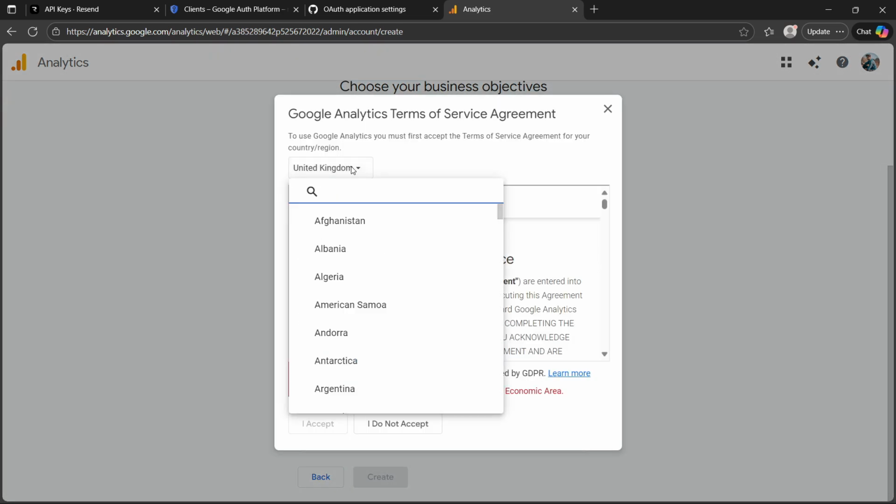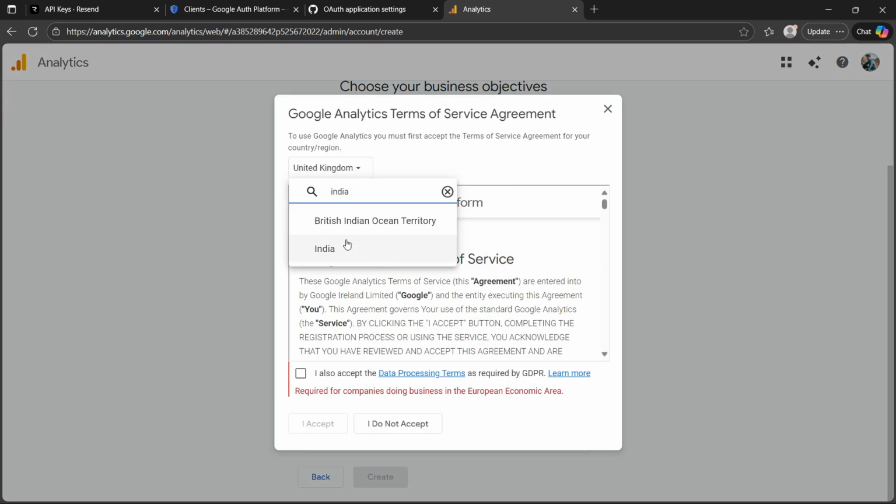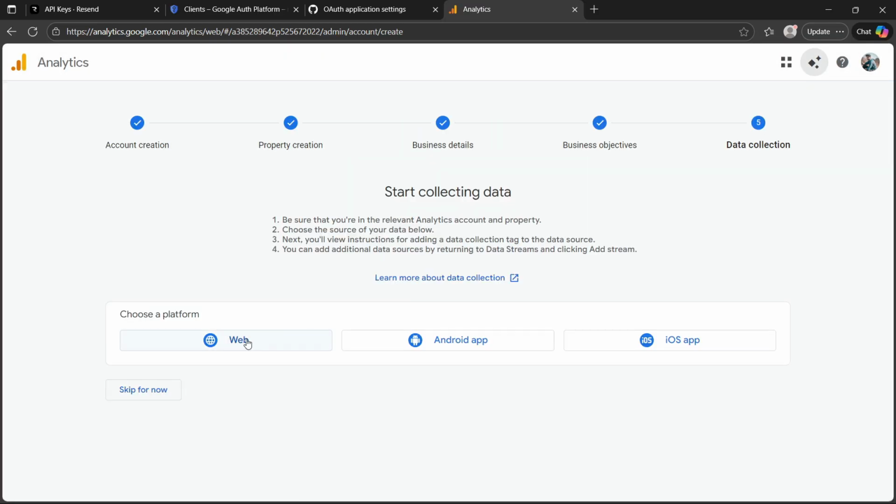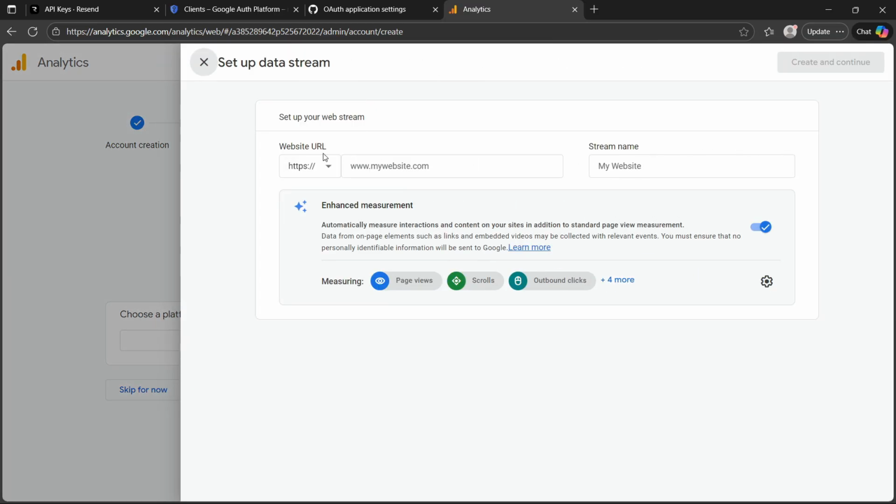Now change the country to India or your own country. Tick this box, click on I accept. Wait for a few seconds, then click on web. Then you will have to write your website URL. So change it to HTTP. Then you'll have to write your front end URL. So I'm going to write